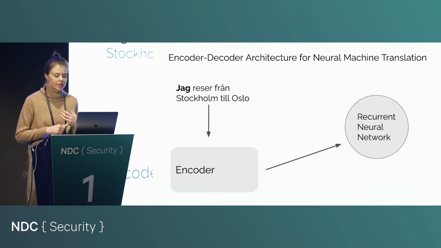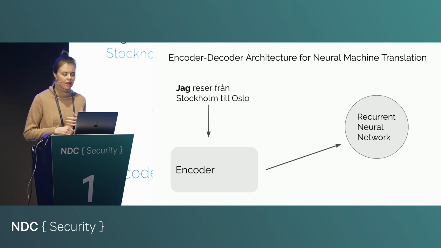If you look at this a little bit closer, what actually happens inside of this encoder and also the decoder to a large extent? Well, at least until 2017, the state of the art for analyzing sequential data were what we call recurrent neural networks. These are models that are able to keep a certain memory of what tokens or words they have seen before, and then use that to construct a context and understand, if you will, what a sentence is saying. So what happens here? We take this sentence and we break it up into tokens. You can think of it as words, but there are other ways to break up a sentence as well. It's just a little bit beyond the scope of this presentation.